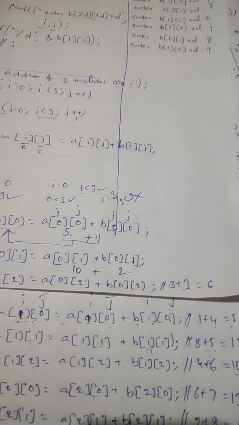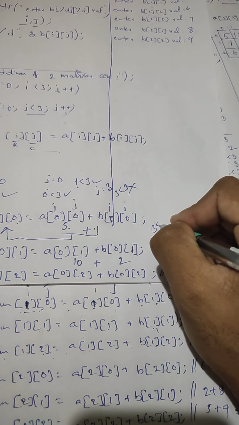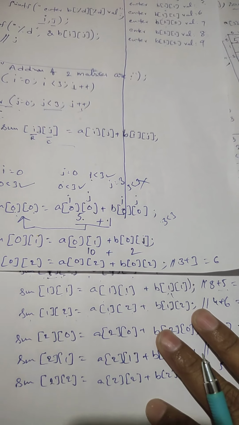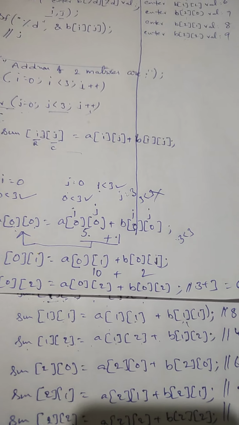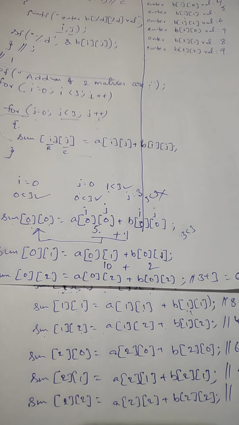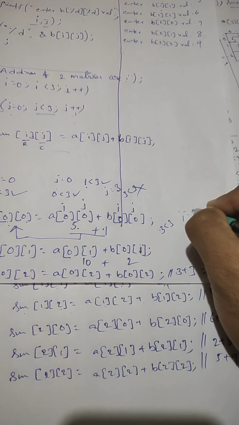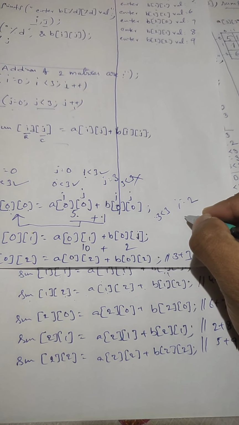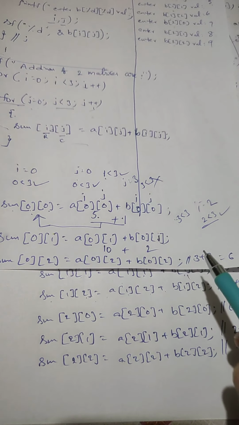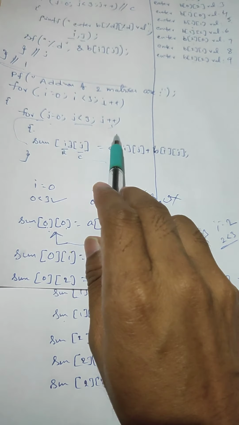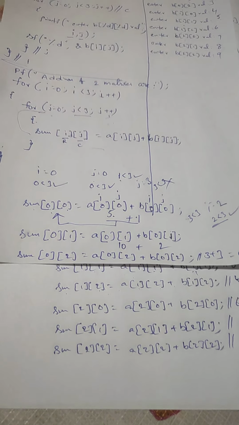And after that again j plus plus, then the j value becomes 3. So 3 less than 3, the condition is false. Then again the controller goes to the I for loop. At that time the previous I value is 1 and I plus plus means the I value becomes 2. Check the condition 2 less than 3, the condition is true, then the controller enters into this inner j for loop. The j value is 0, check the condition 0 less than 3, the condition returns true.